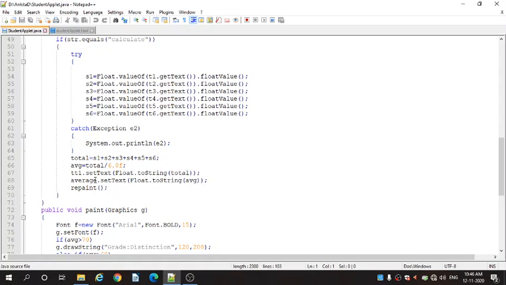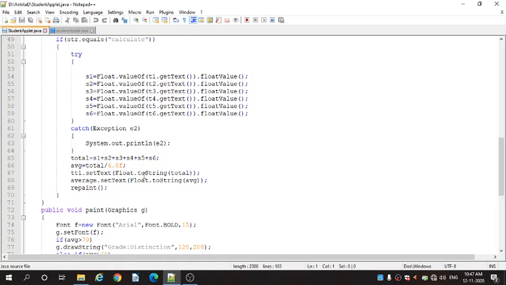Then tt1.setText(Float.toString(total)), and we are passing the total in the brackets. tt1.setText will print the value as a string in the input control.